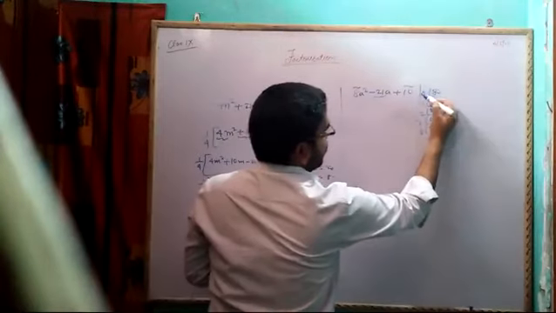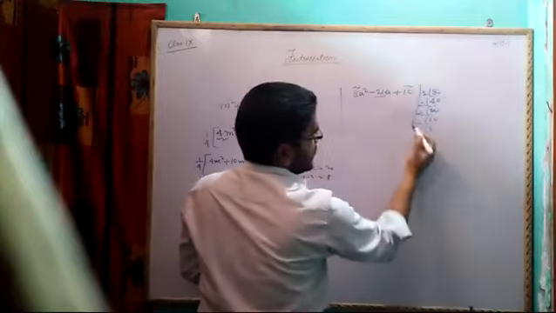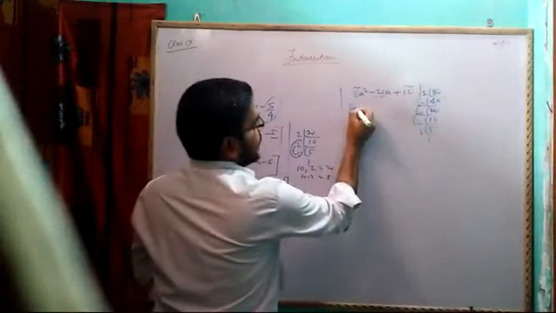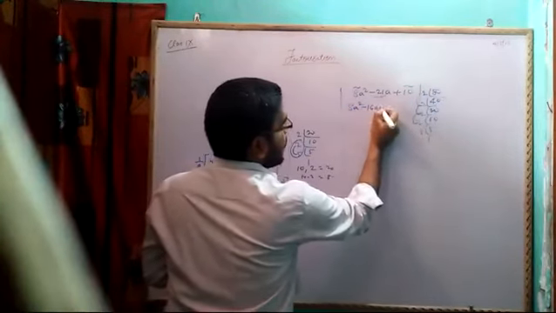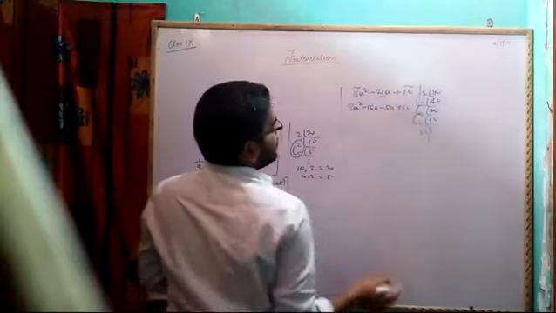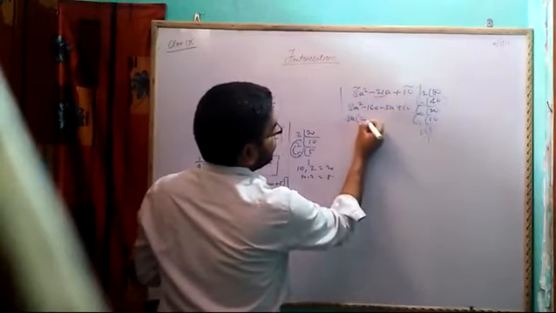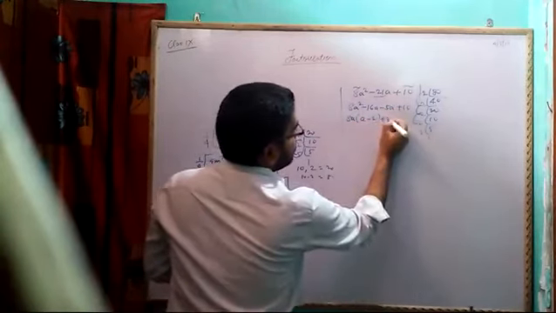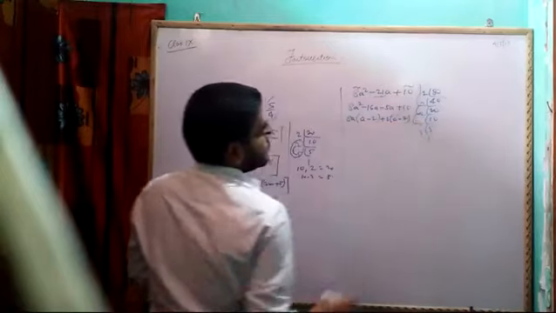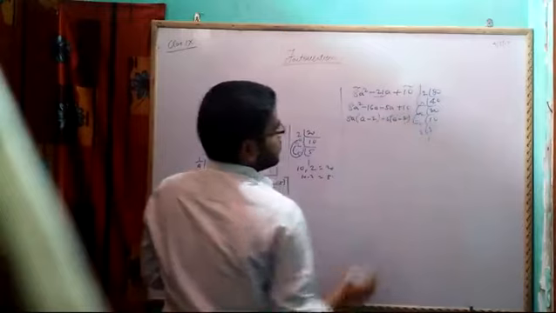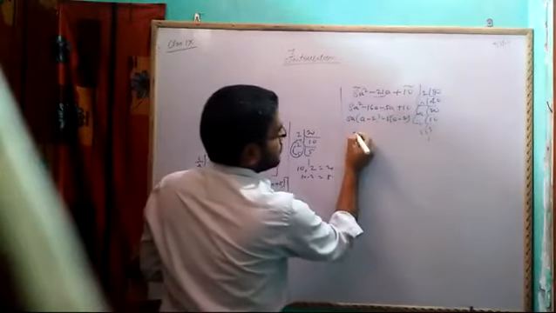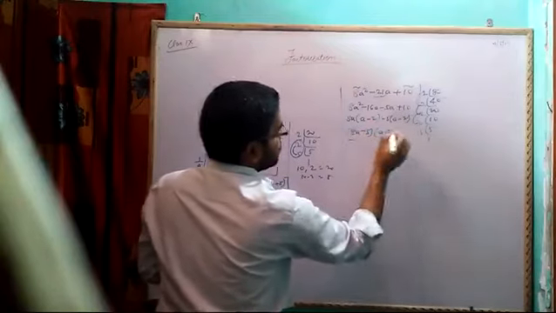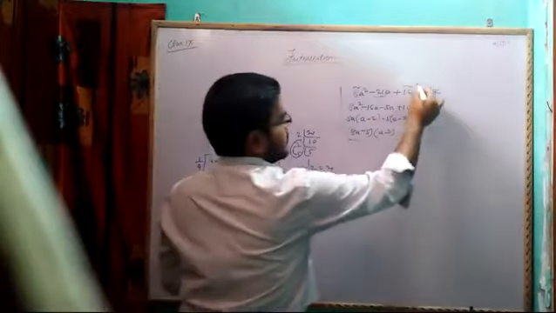Now you see, if you go 2 2s are 4, 4 2s are 8, 2 8s are 16. 16 into 5 is 80 and 16 plus 5 is 21. So 8a square minus of 16a minus of 5a plus of 10. So you will get 8a common. Is it okay? So this is your answer.